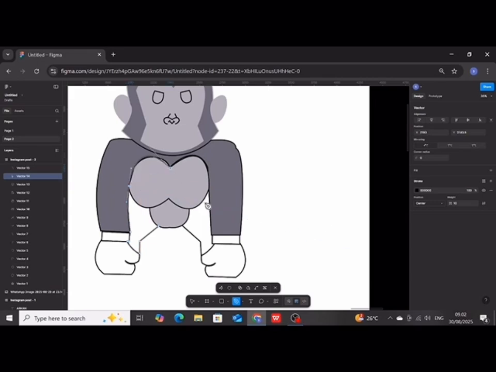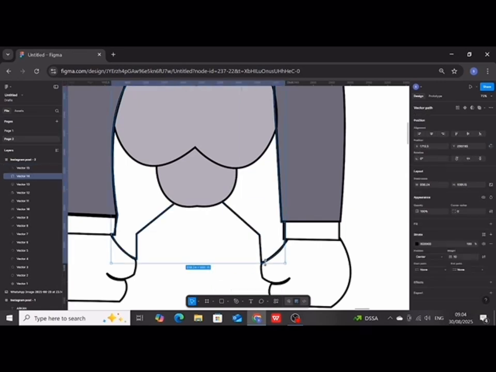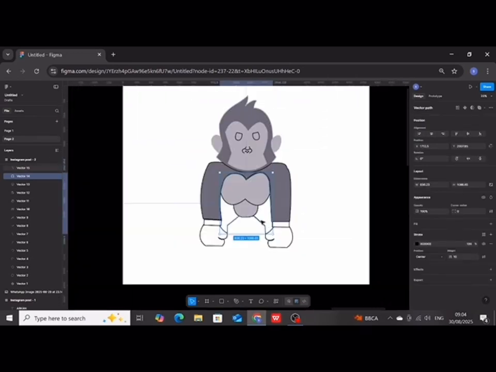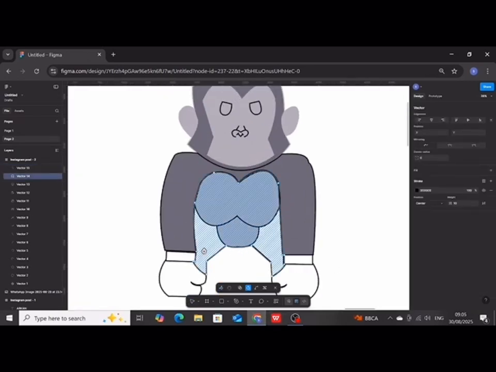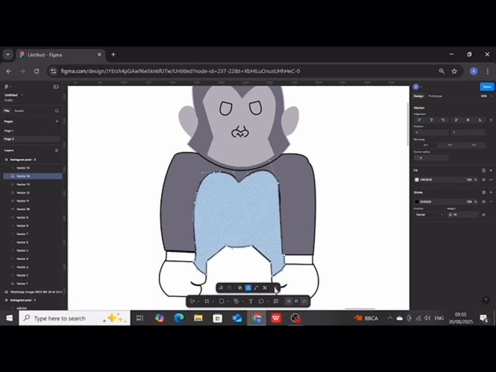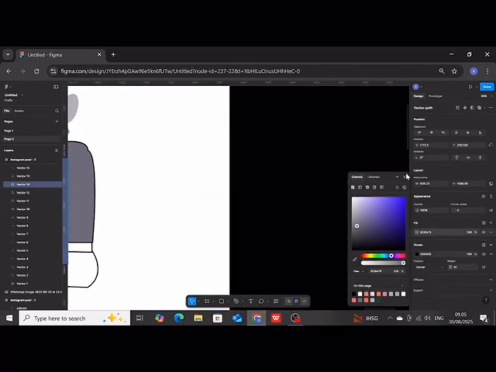If some areas do not get filled, it usually means the lines are not connected properly. I take the color in the foot.